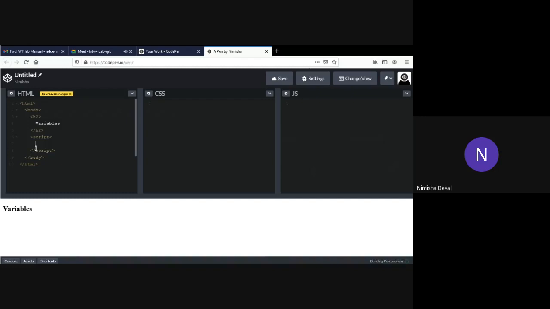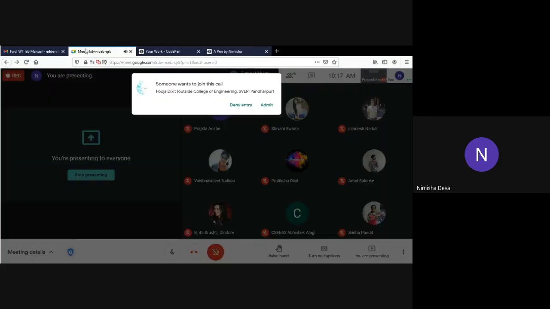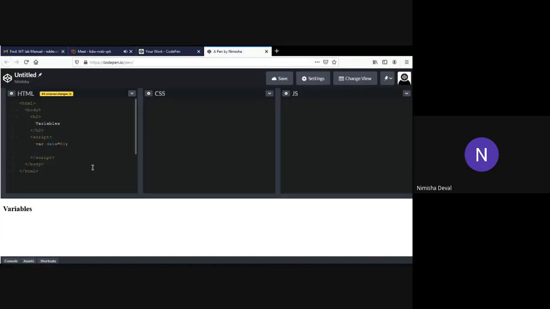Okay, the next part is, suppose I want to implement two functions at a time. Then you have to do one thing. First, suppose I have declared one variable, that is data is equal to, suppose, 50, and I want to access it, and then I want to implement it on the console, that is on the HTML page. Then,